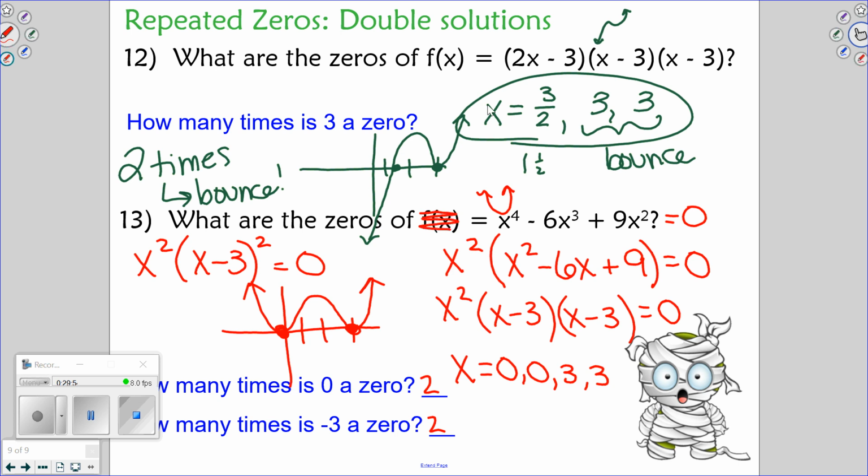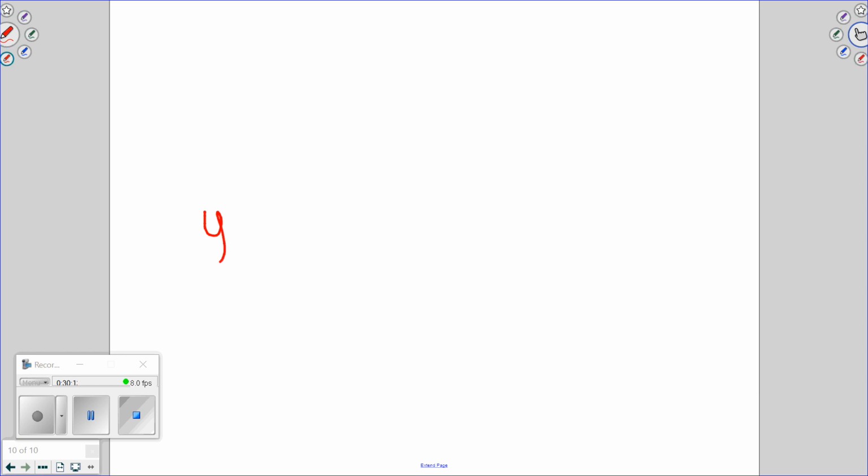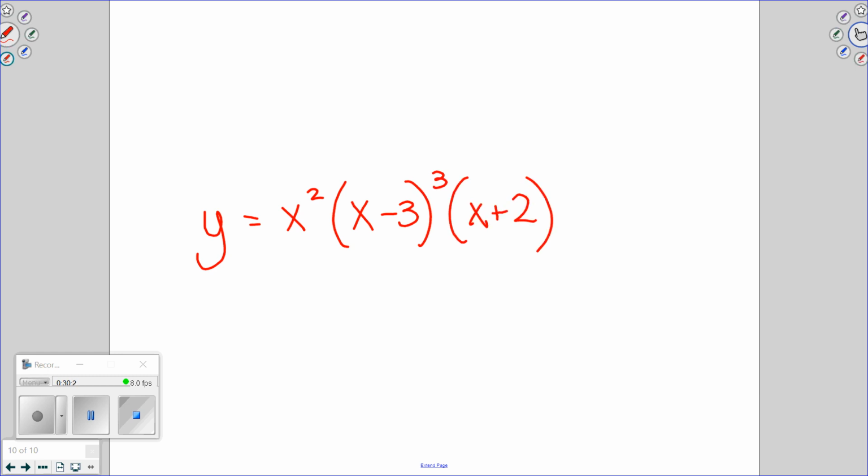that one. Now, you may get some on your homework tonight where it's already factored for you, but it looks more like this. Do you see how this says 2? It means I have 2 of that answer. People mess those up, and I don't know why. So if I gave you y equals x squared, x minus 3 cubed, and x plus 2 squared, what would your answers be? You'd say x equals